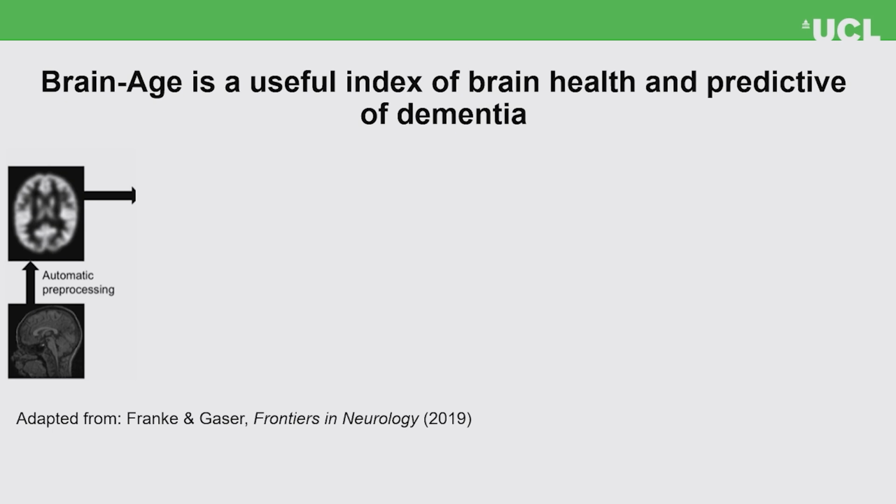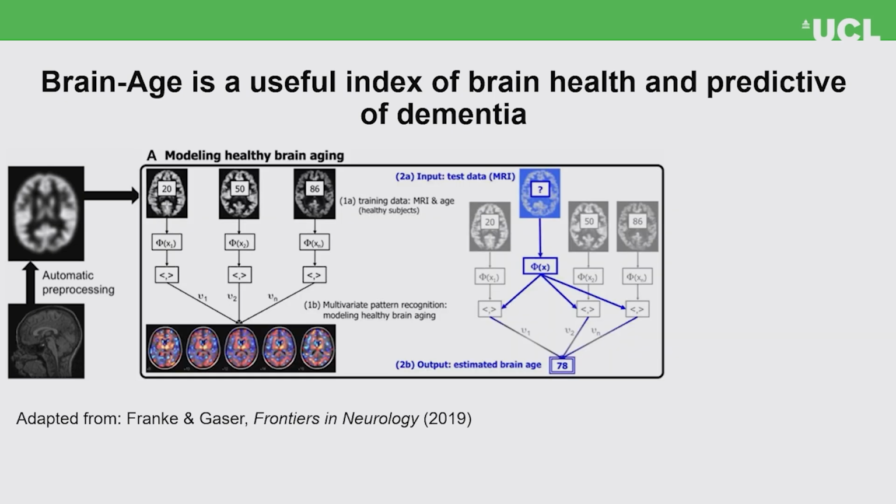And when trying to find someone's brain age, the first step is to pre-process your data. This involves segmenting and normalizing your images. Then you perform quality control, convert them to vectors, and then mask gray matter, white matter, and CSF, and combine these together. Once you have that, you use your model, which has been trained on healthy brain age data. It's been trained on the T1 structural MRI scans and people's chronological age. And you input your test data into this model. And you get a predicted or estimated brain age.